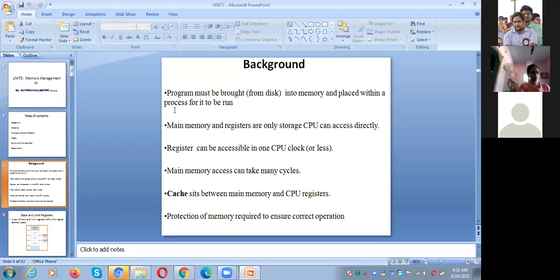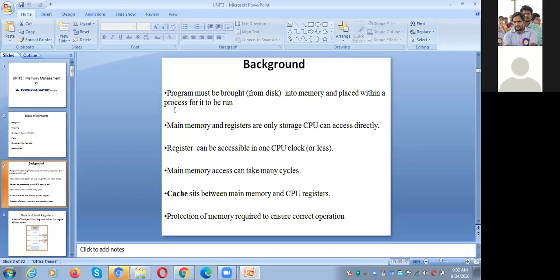So whenever we want to execute P1's instruction, the address of that particular instruction needs to be within the memory space which was allocated to that particular process P1. We should not go to P2's address space and we should not go to P3's address space. Whatever the address space allocated to the P1 process, we need to execute the instructions within that particular address space only.